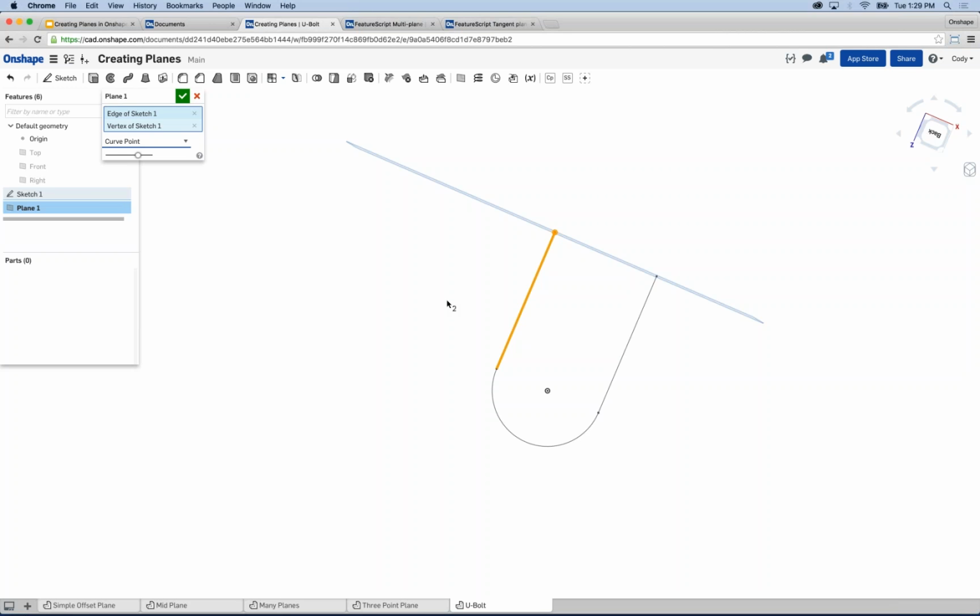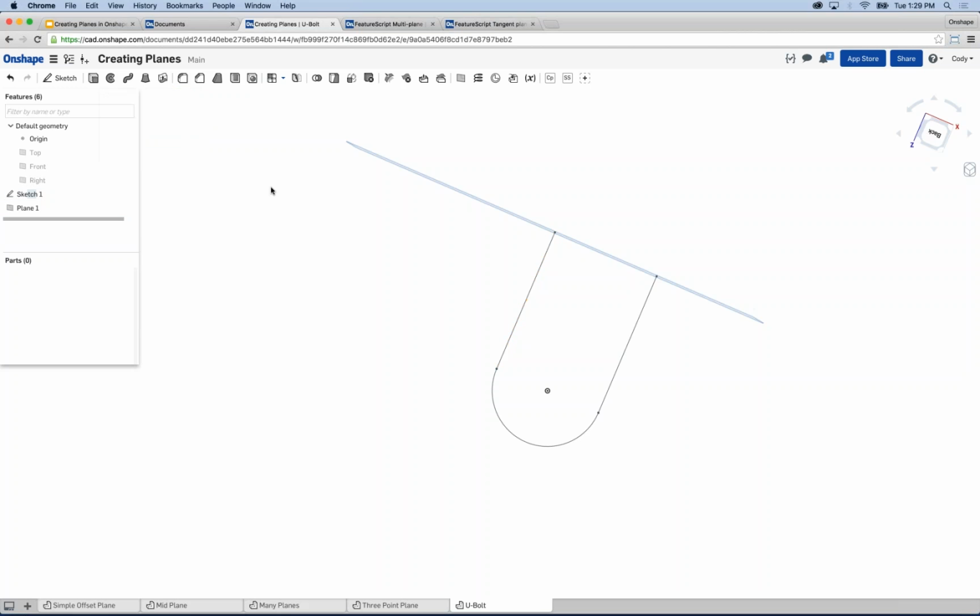And it could be, in this case, a line. It could be an edge. It could be a spline. All of those things will work. Select the spline, select the end point of the spline, and you will get a plane at the end, normal to the end. Select a line and end point, and you'll get a plane normal to the end of that line. So again, it's very flexible, and I think this is most commonly used in scenarios like the sweep command,